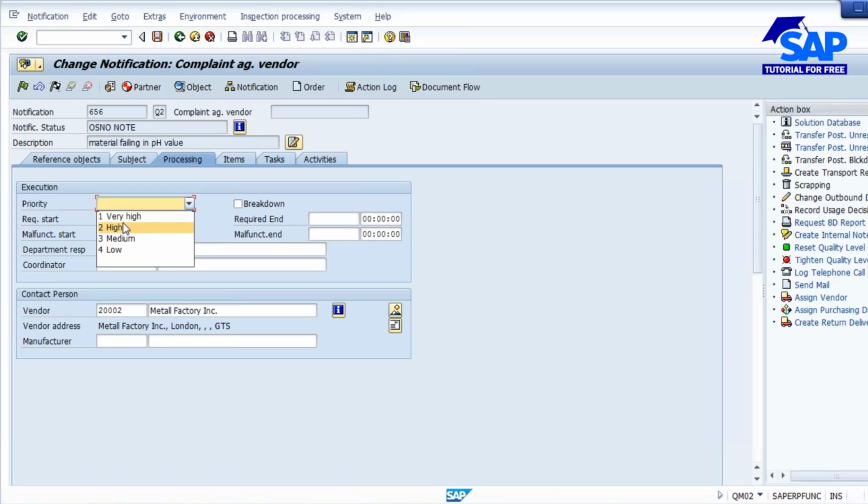So let's say the moment he enters the priority very high, you see what will happen. Now the priority is only 2 days. Now the moment I assign the priority high, let me change the dates.